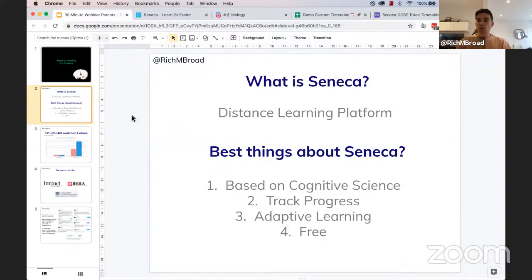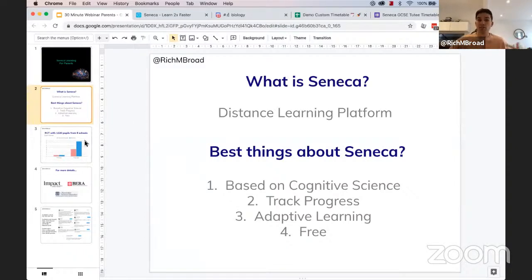So I've talked a bit about the cognitive science and this research, this team of scientists we work with to basically understand how we could develop Seneca most effectively. And we obviously wanted to make sure that the way we had done it was effective, because at the end of the day, our ethos as a business very much is focused on making sure that we provide a really high quality free education to millions of people, which we do, but we wanted to make sure that it's actually